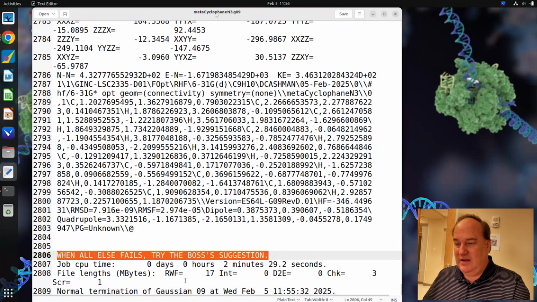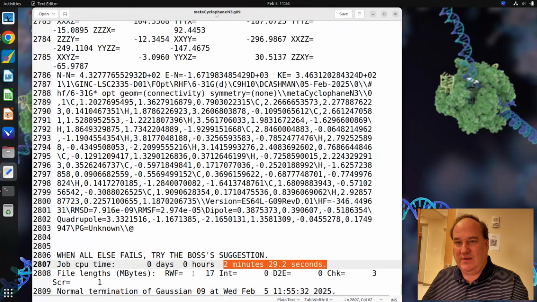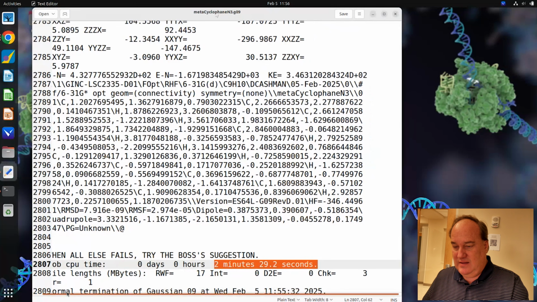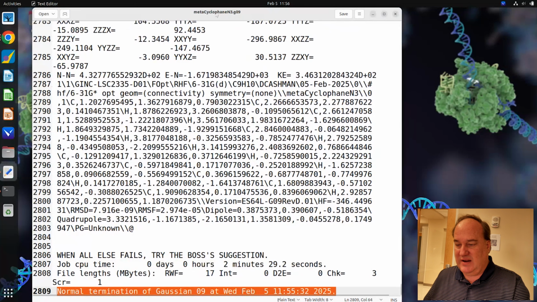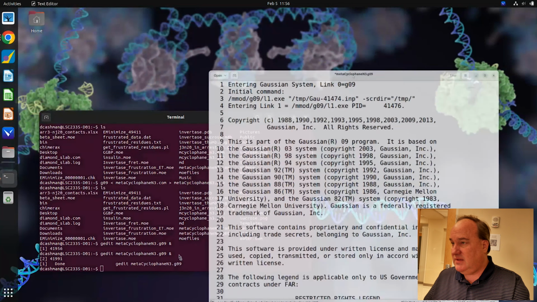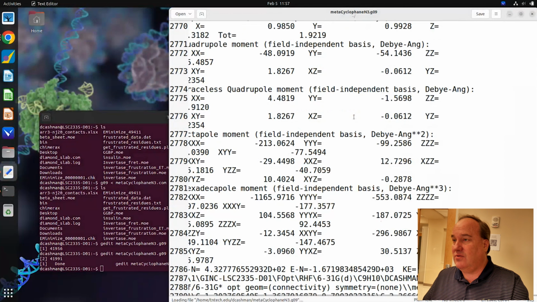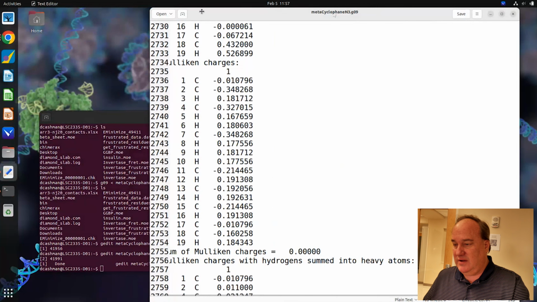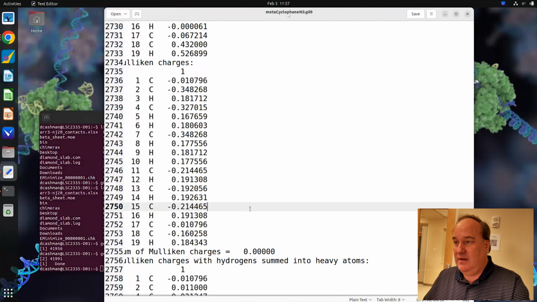That's good advice. You'll also see the job CPU time. This executed in about 2.5 minutes. So that was pretty quick. And we always like to see, the last line says normal termination of Gaussian 09. So we have an optimized file, and so now we can look at the energy. So let's see, if we scroll through here, you'll see there are some of your Mulliken charges. And